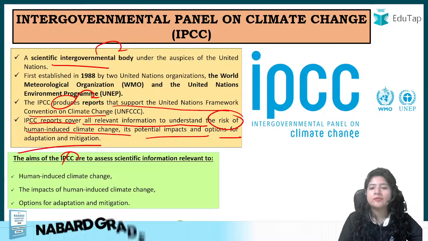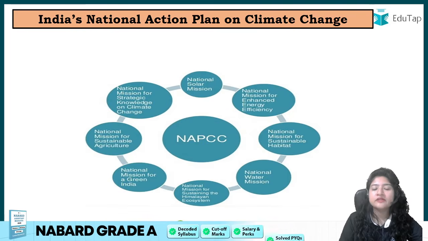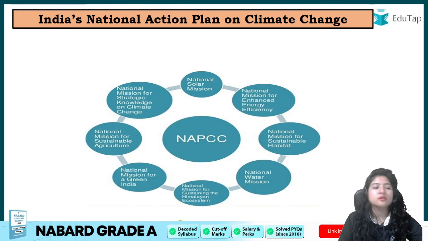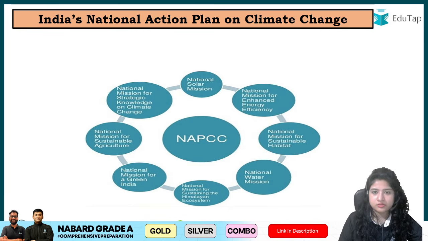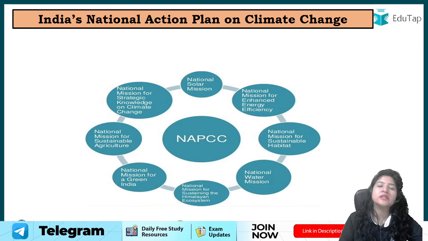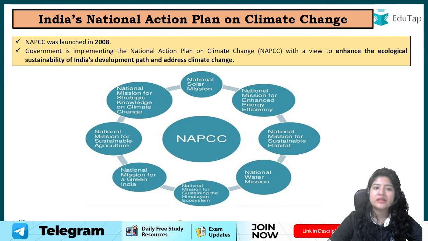Lastly, अब इतने सारे protocols, there are so many protocols, so many conventions, so many agreements, right? So and so many summits that happen, COP still it happens, ठीक है, तो there has to be any national body also that would focus on this thing, so that whatever international agreements we have signed or like we have agreed upon, those can be met. तो उसके लिए India has established a national action plan on climate change. They have come up with this.